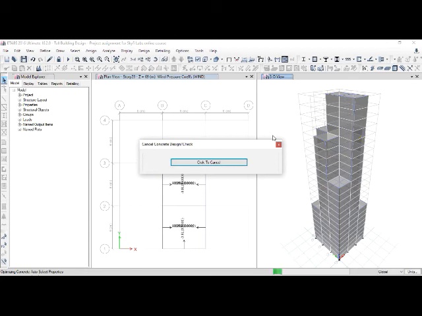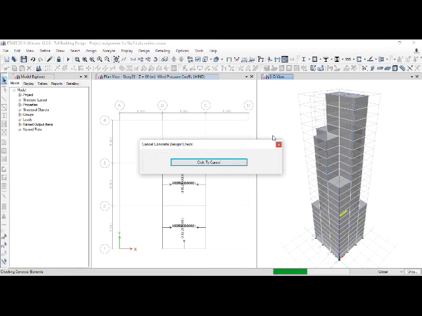So now the members will be designed considering the auto select option, that is auto column and auto beam. If the first set of column or beam is not satisfied with the strength requirements, then it will ask you to reiterate the analysis and design for the next set of beams and columns. You can see in the left bottom corner what process is going on at the moment.